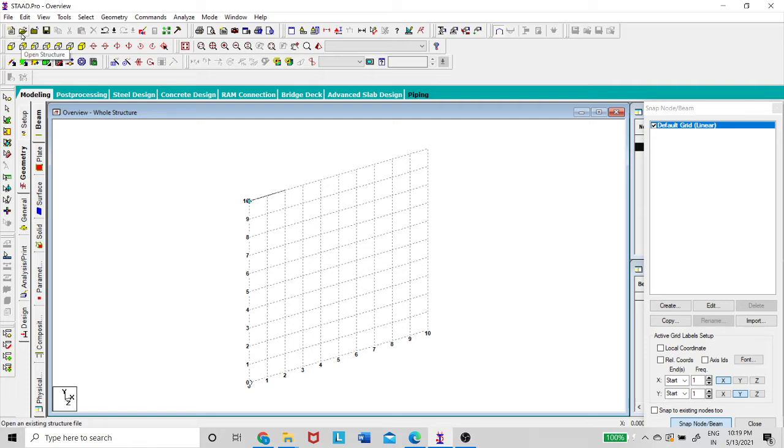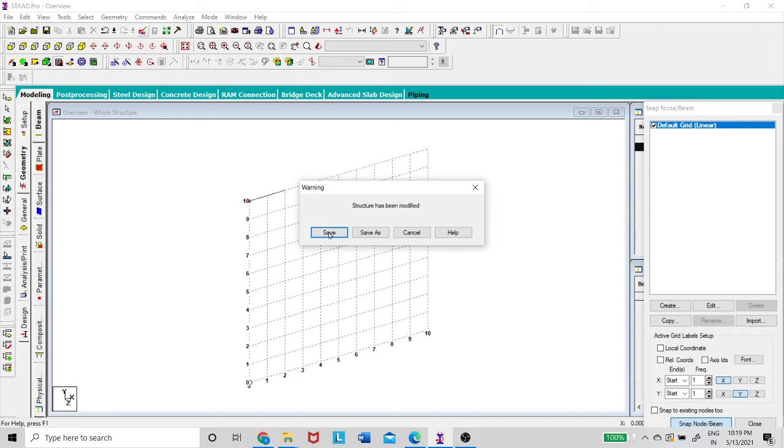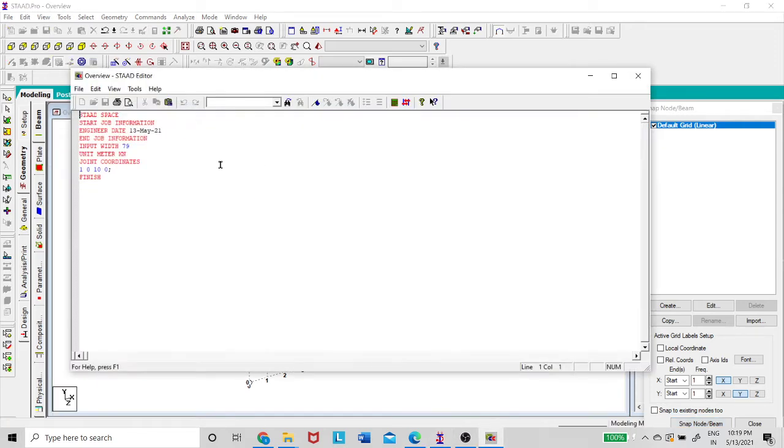If you want to open any already present in the system, you can open. If you want to open, you can open this, and you can save whatever we do here. And what is the undo command and the redo command, and this one is the STAAD editor. So if I press this, this is the STAAD editor. Okay, so here you can edit some of the things, and